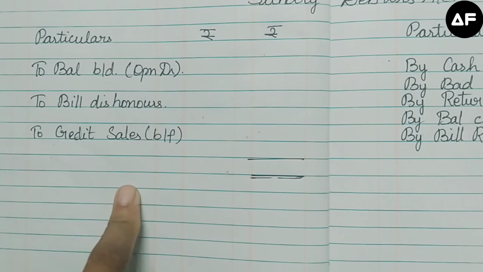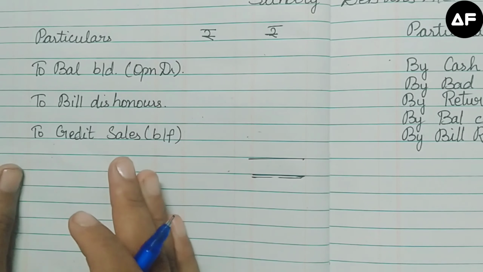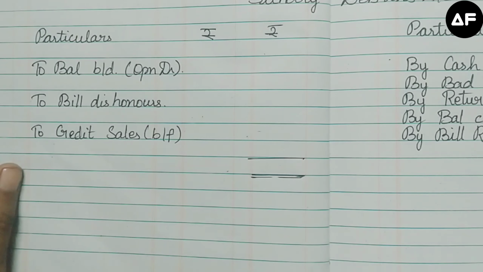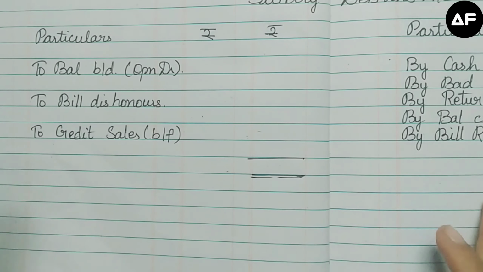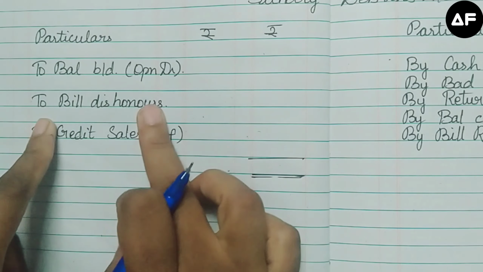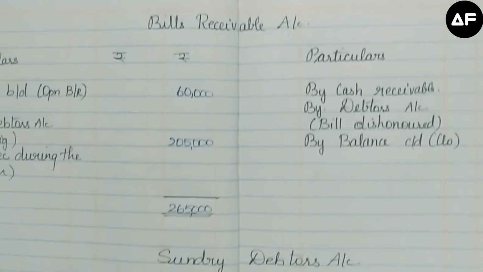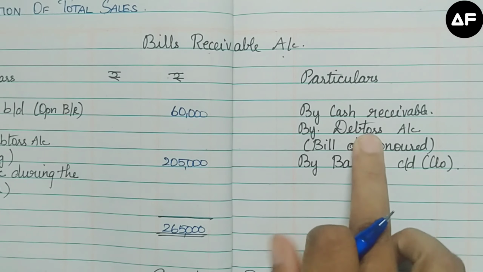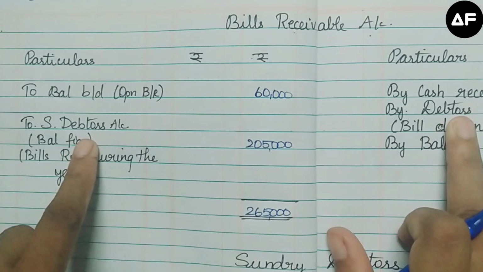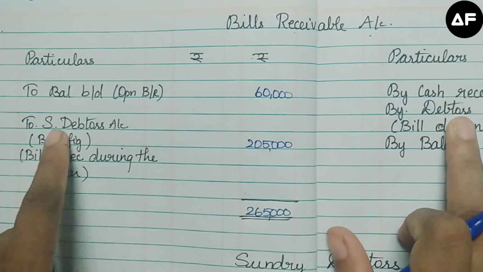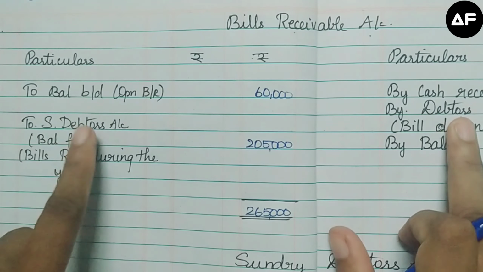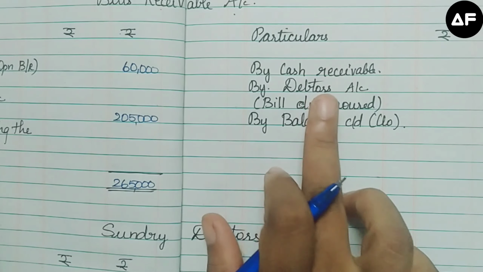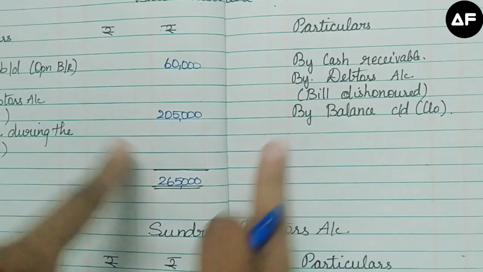So other than these two, all the other items come to the credit side. So that's one of the easy ways to remember the debtors account. How to remember the bill dishonor is, when you opened your bills receivable account, you wrote debtors in two places, one on the credit side and one on the debit side. As your balancing figure, you would have given sundry debtor a debit, and for the bill dishonored, you would have written a debtor account. So both these items have to go opposite ways to the sundry debtor account.